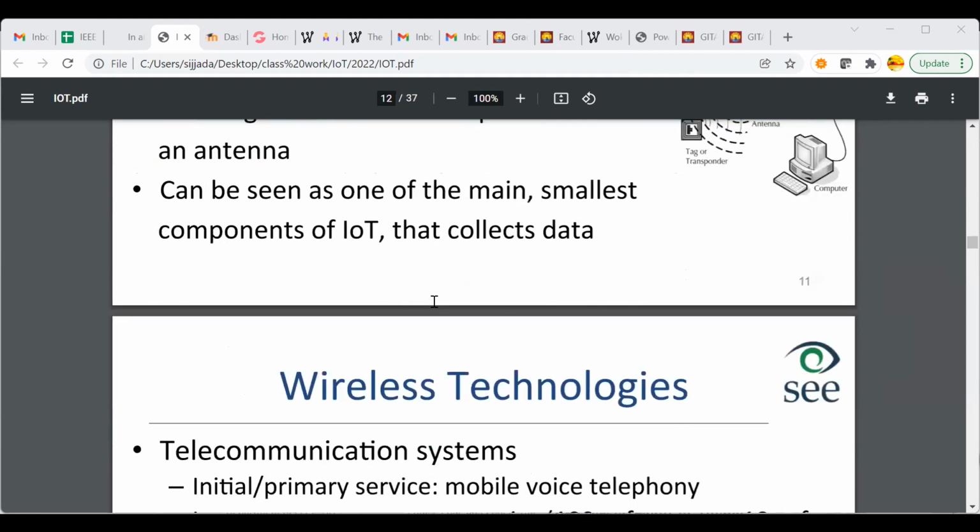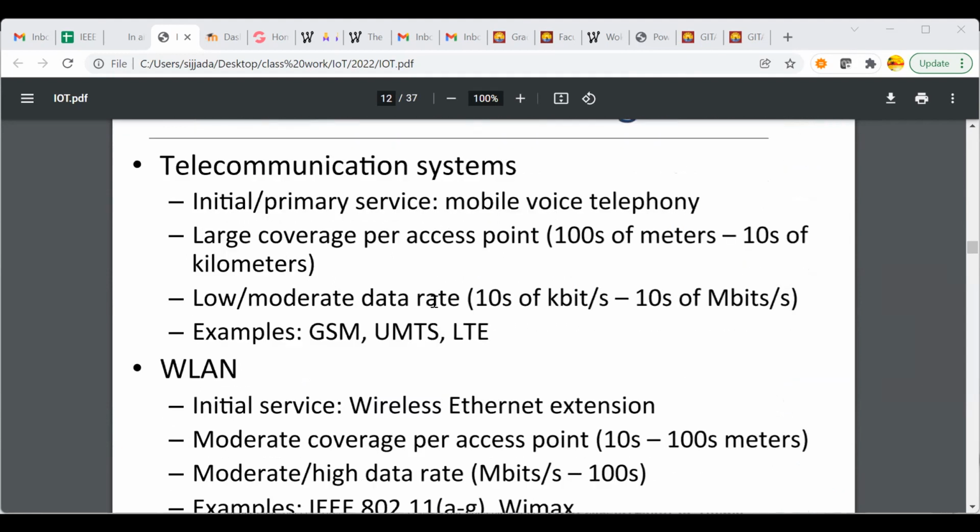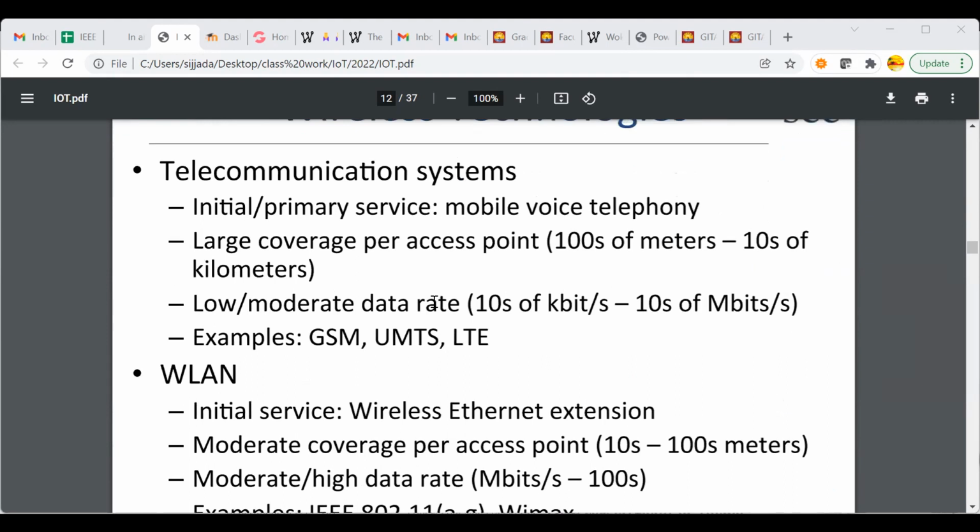Telecommunication systems mean communication between devices: initial or primary services, large coverage per access point, low or moderate data rates. These are communication systems, another enabling technology. Generally, what type of telecommunication services do we have? GSM,